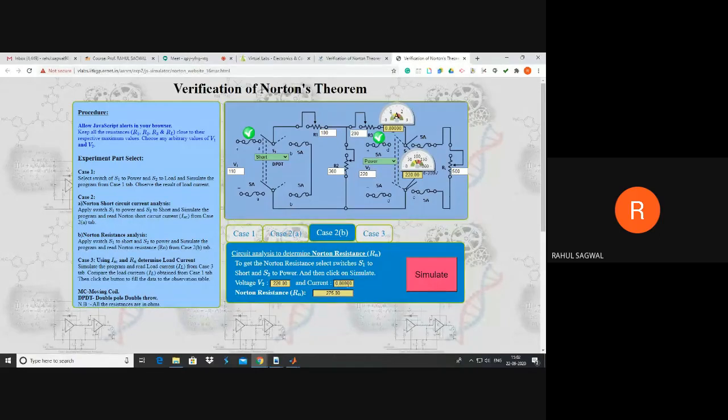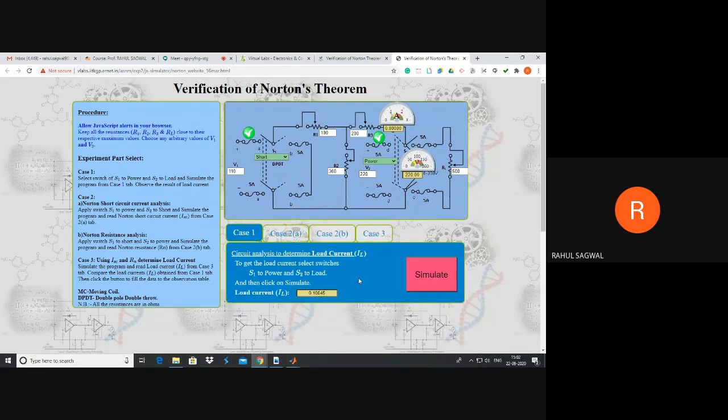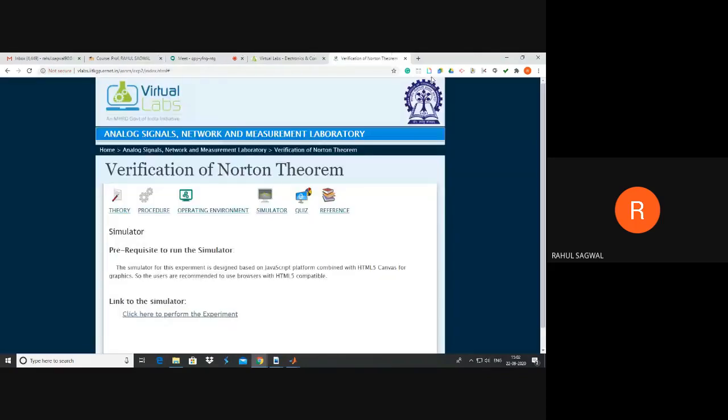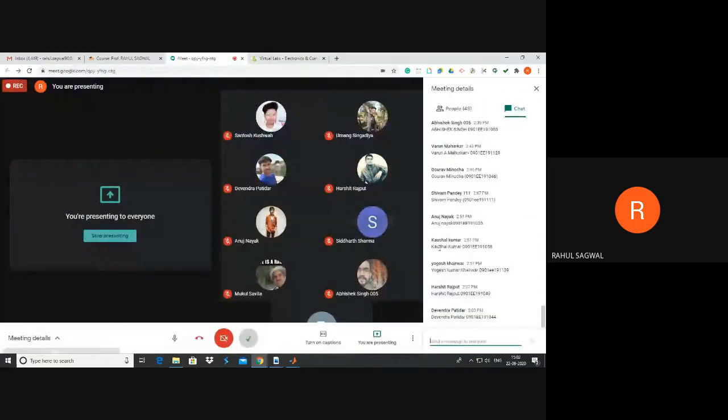Accordingly your current will change, but overall your equivalent resistance will come out to be the same. These equivalent values are fed in the equivalent circuit, and load current is verified whether it is the same as your original circuit or not. So it is the same, so you can say okay, Norton's theorem is verified, which we have done using MATLAB also. So any doubts?